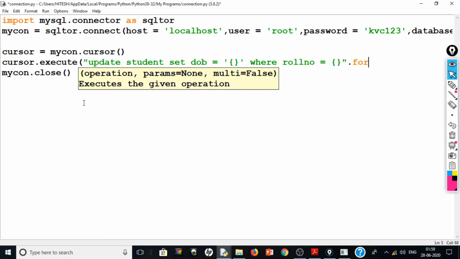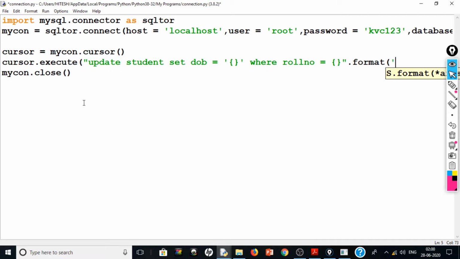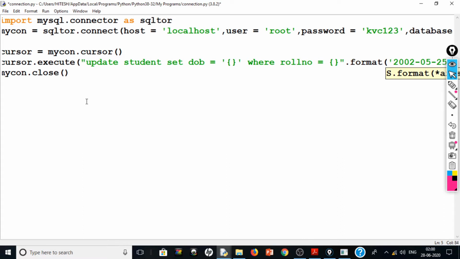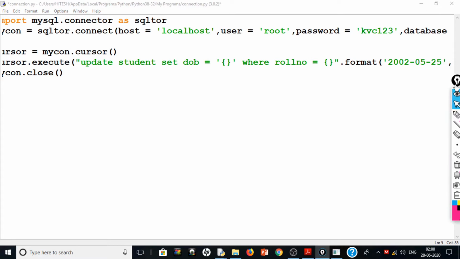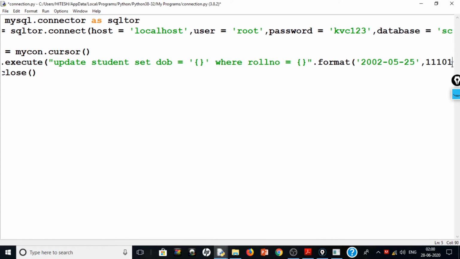So dot format, we want the date as 2002-5-25. Okay, then comma, let me close it, comma, then we want to supply the value of roll number, it is 11101.